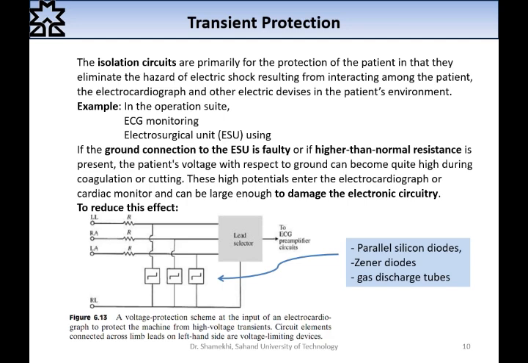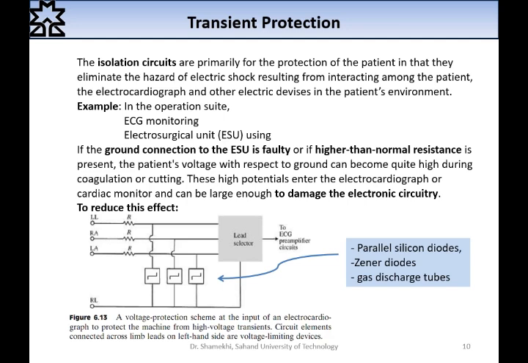For example, in the operation suite, EEG monitoring, and electrosurgical unit ESU applications. If the ground connection to the ESU is faulty, or if higher than normal resistance is present, the patient's